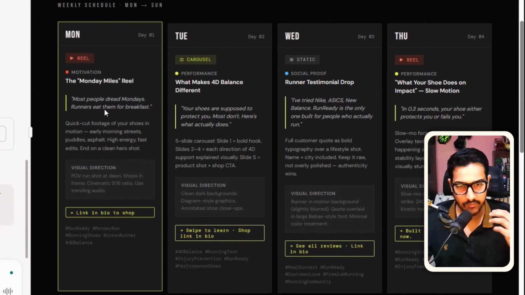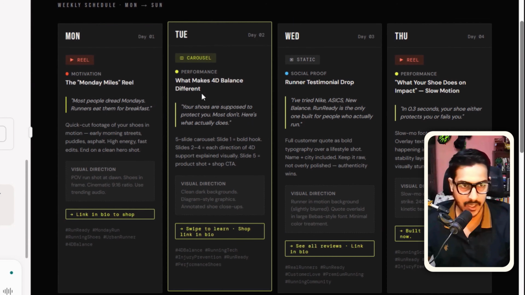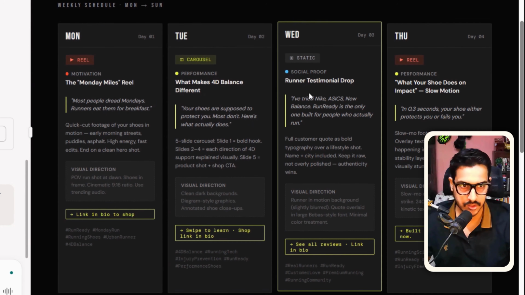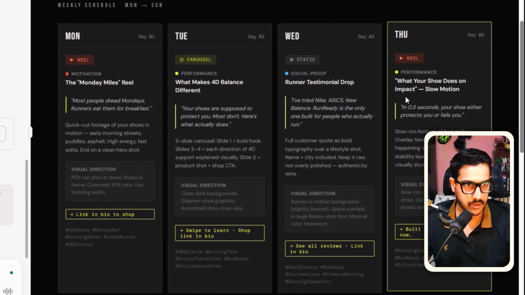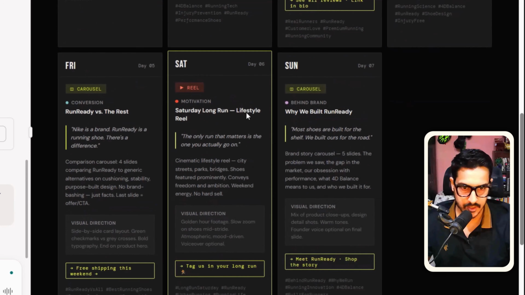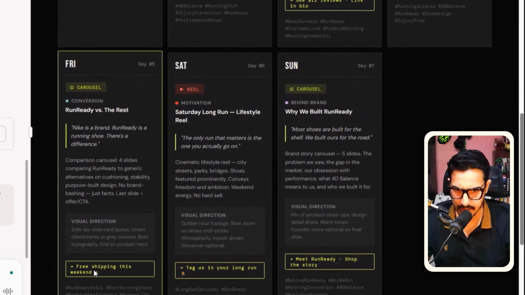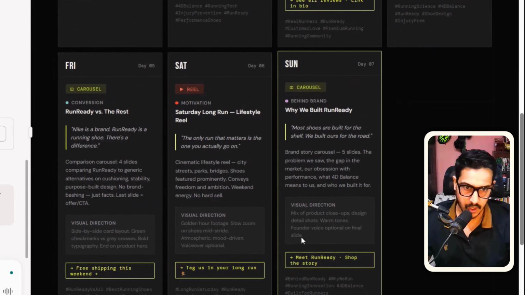This is a very fierce, intense, aggressive thing which pushes runners. Second, carousel on Tuesday, 4D balance of the shoes. Wednesday, runners' testimonials, then what your shoes do on impact. Friday, Saturday, Sunday. So if you look at this, it has CTAs, it has a visual direction, it has